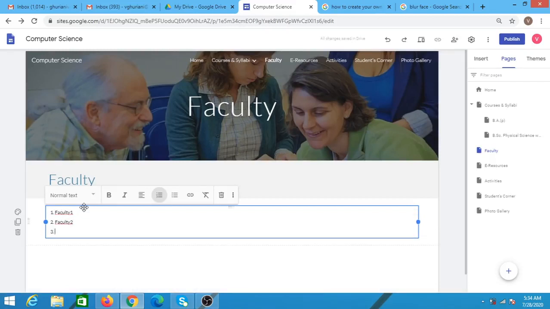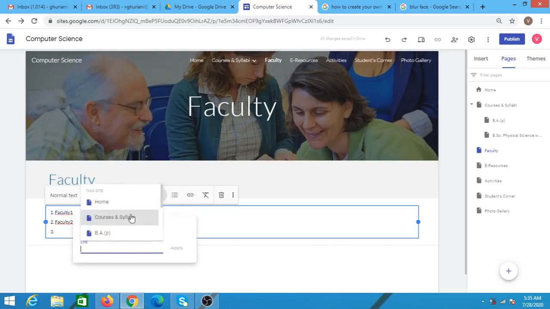And so on. I can insert as many names as I wish to do here. Now once I have done this, if I wish to upload the profile of the faculty members, here only I can make these names as links that I have shown previously. You can select the text over here, click on insert link, and it will ask you a URL.